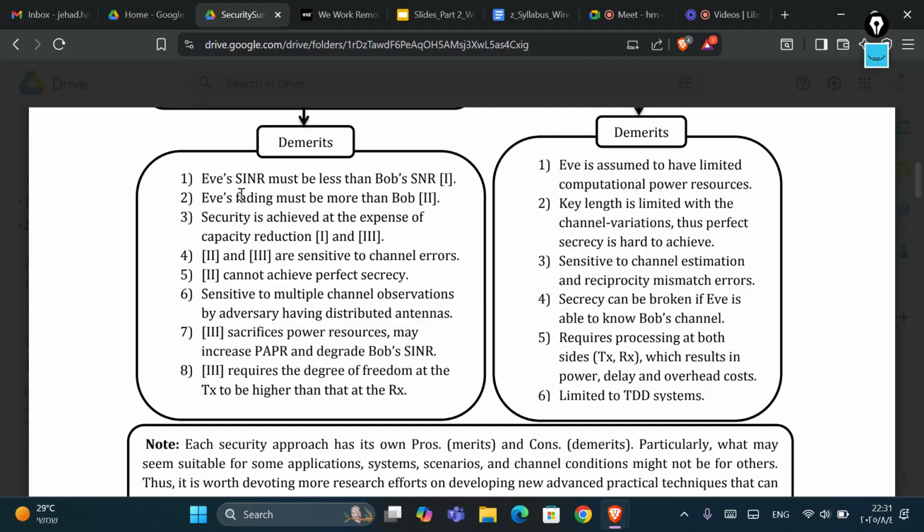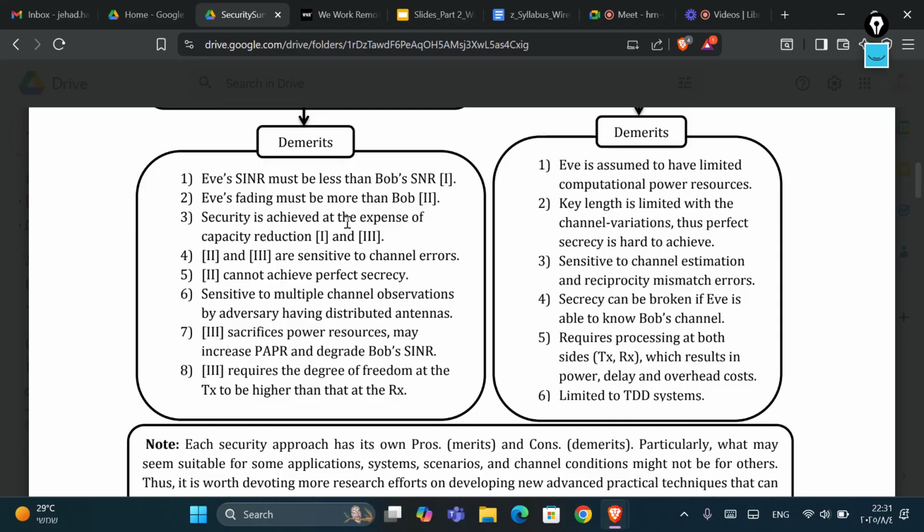The first demerit says that Eve's SINR must be less than Bob's SINR. In this case, there are cases where Eve is closer to the base station and has better channel conditions than Bob, so Eve's SINR can be better. And it might be very difficult to make Bob's SINR better than Eve's in this condition, unless you